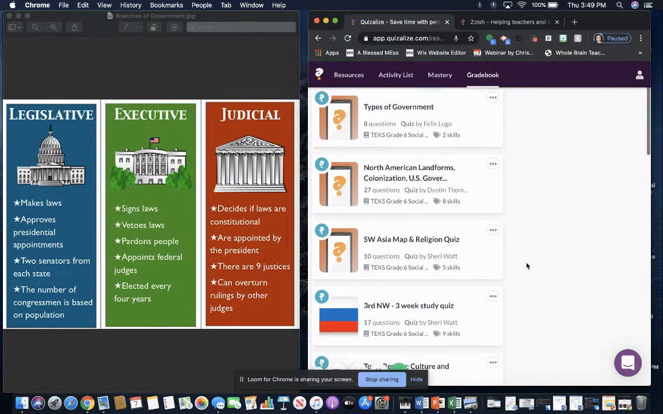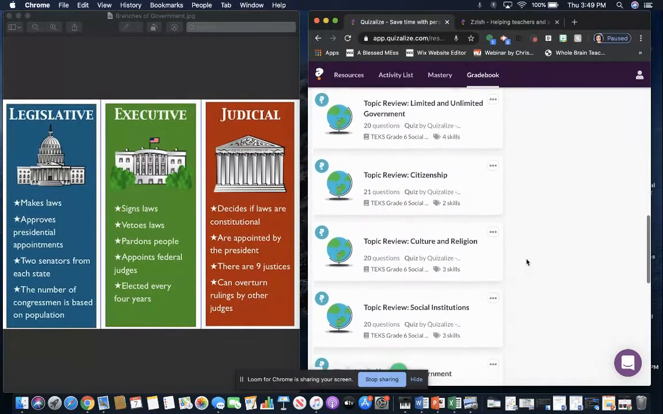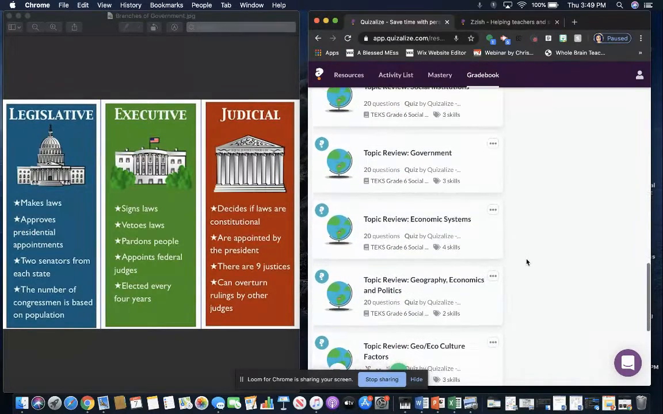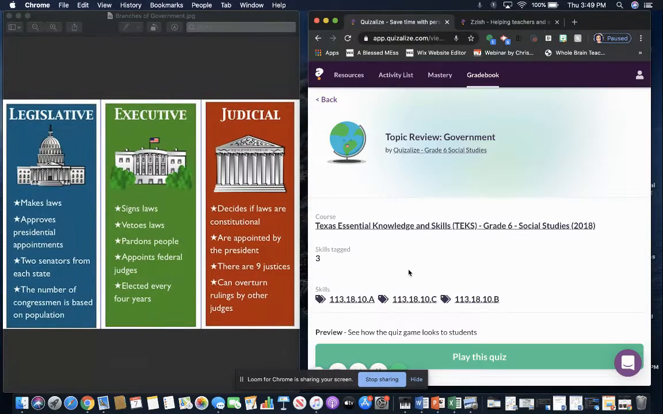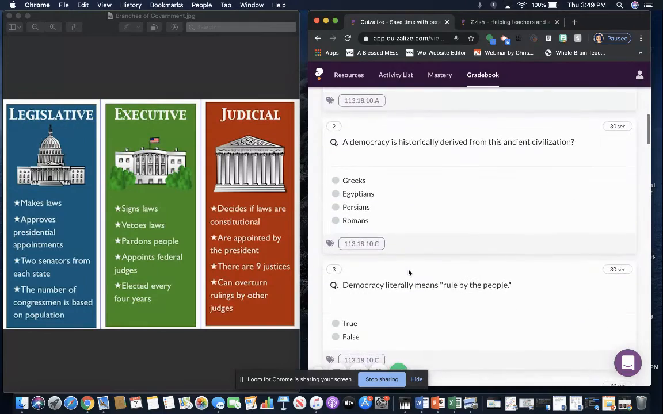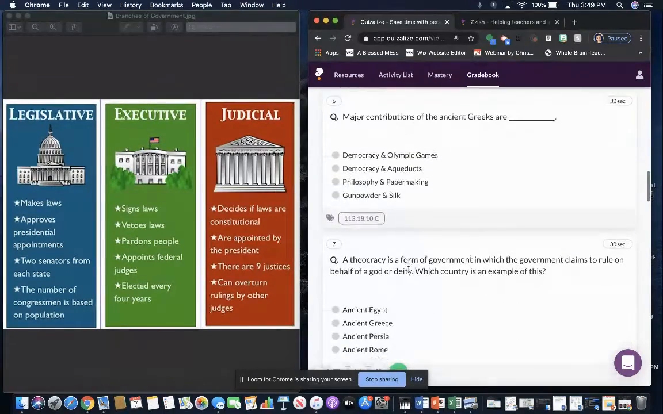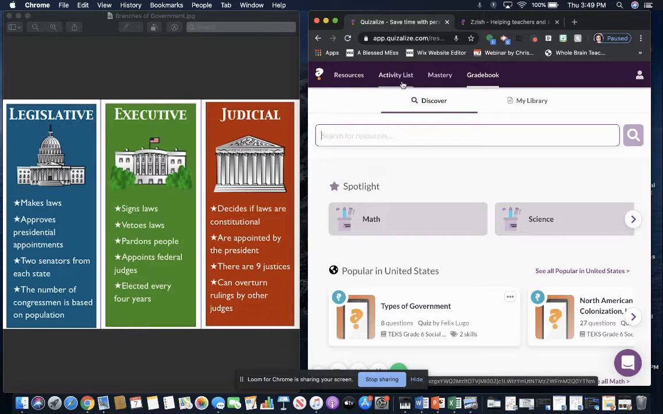So here we have some different options that we can choose from. We might want to save some of these options for a little later. So we'll plug this one in a little later. But for right now, we're going to go ahead and create. So we're going to go to